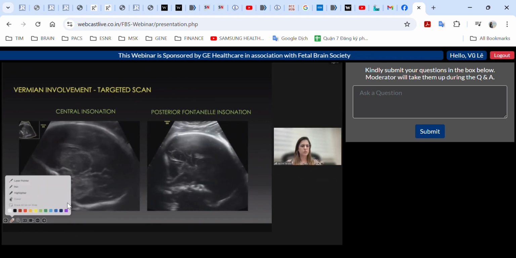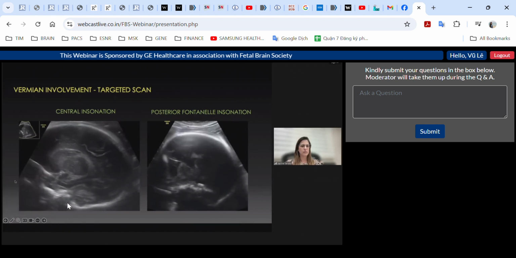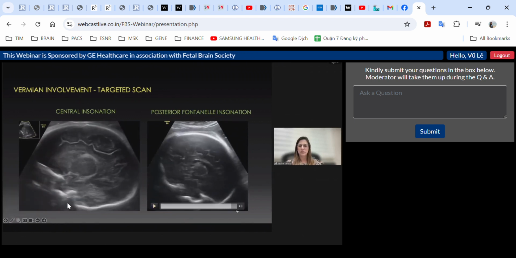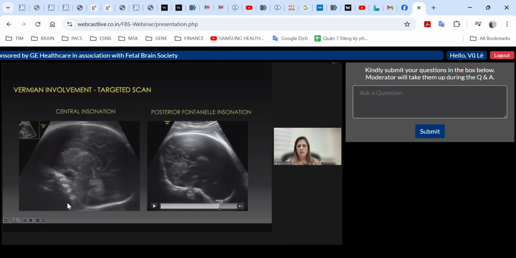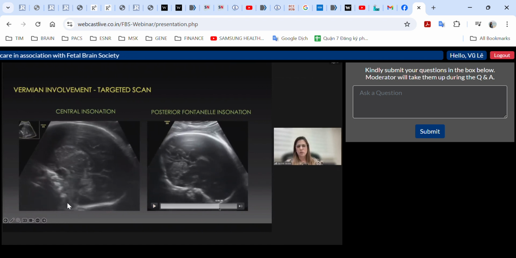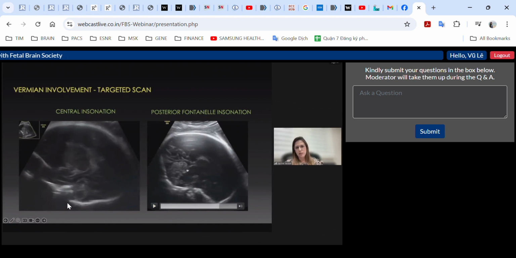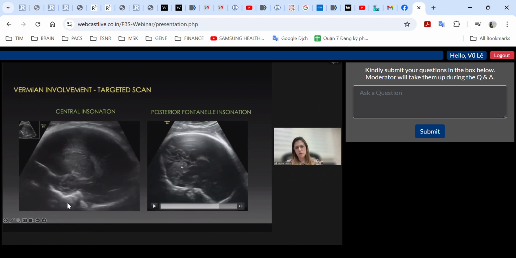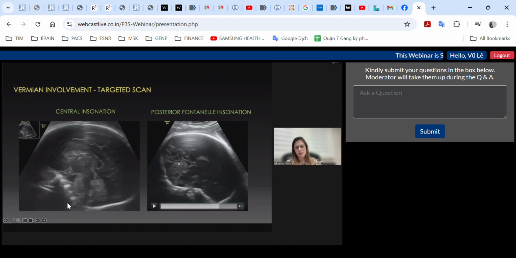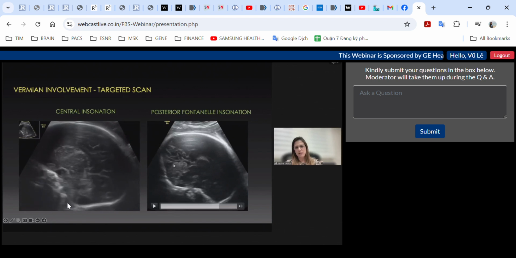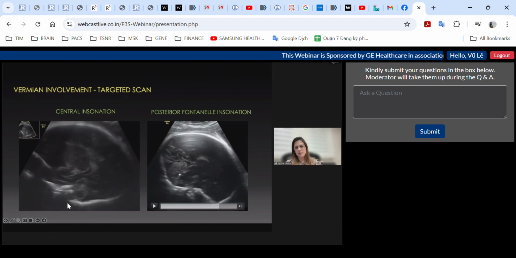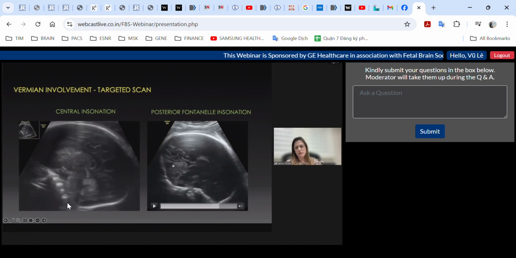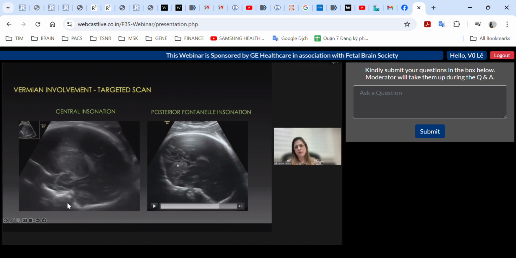I will try to go out of my laser point here. We need a very good resolution in order to be able to define that the upper aspect of the vermis is normal with the fissures. The primary fissure is here, but the inferior aspect of the vermis is affected. And if we are not sure what this anatomy is,